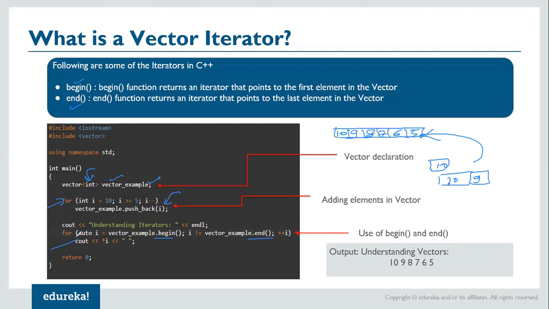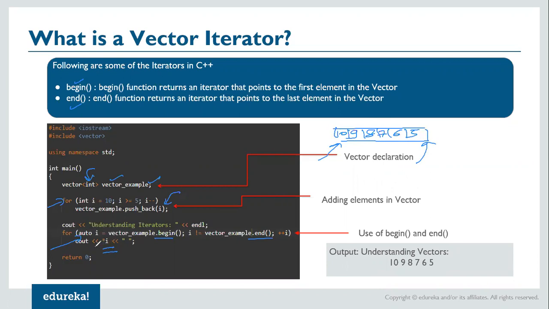Basically, this is a syntax to create an iterator which points to the beginning here. So let me go and clear some of this here. If this was your vector, this auto i = vector_example.begin() will point to the beginning of the vector and the end will point here, right? Now we can access the value of that particular element within the vector using *i.